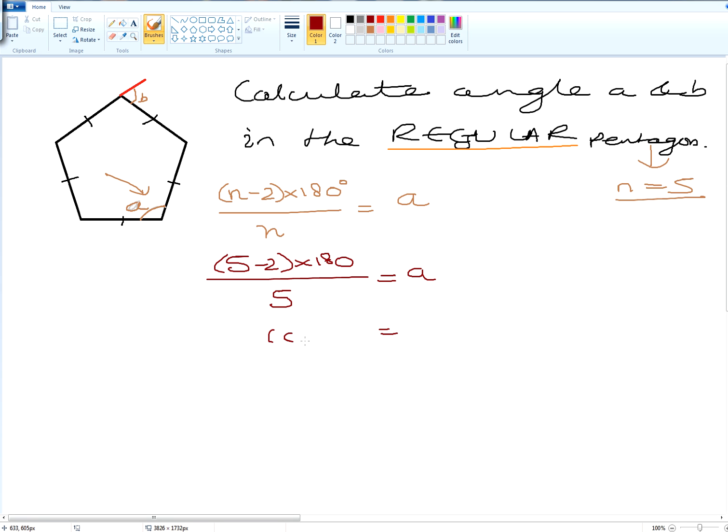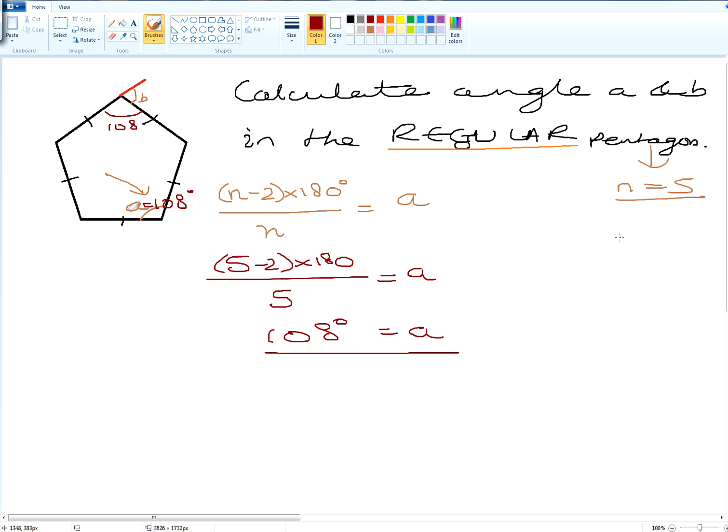540 divided by 5 will give us an answer of 108. So A is equal to 108 degrees. Now, if A is equal to 108, is the other side equal to 108? All the other angles, so this is also equal to 108. If you wanted to work out angle B,